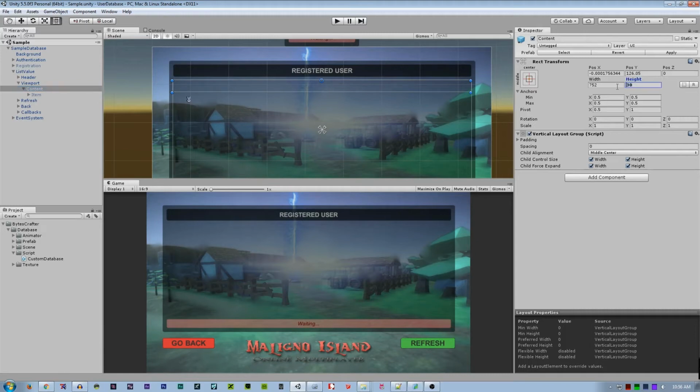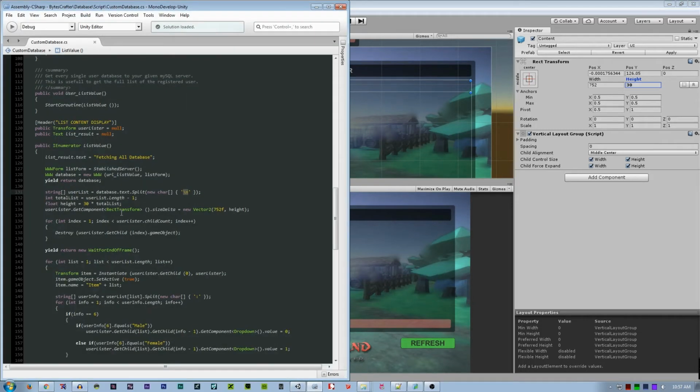So if there is 2 items, 30 times 2 is equal to 60. So it will embody 2 items. So that's the height. So let's continue with the script. So that's the total height.